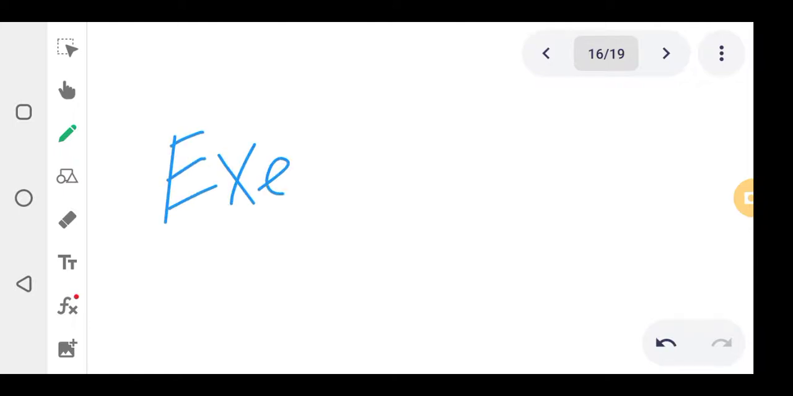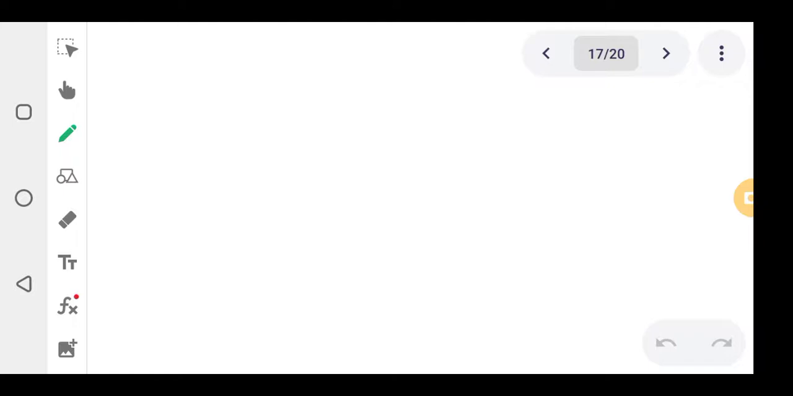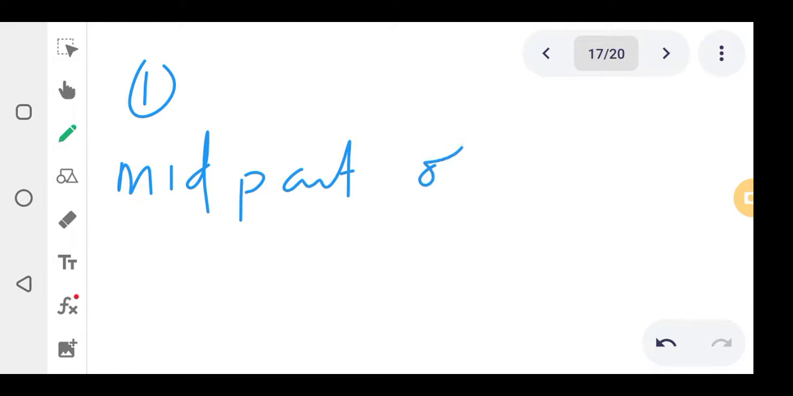Now the exercise, guys. This is the exercise that we are going to do. Exercise question 1. So this is question 1. Question 1 says, midpoint